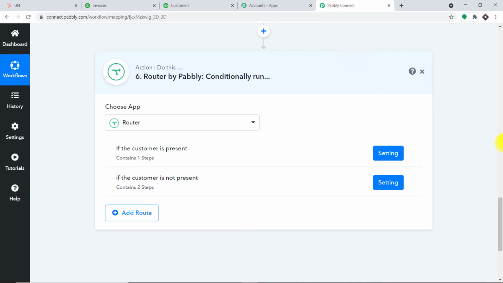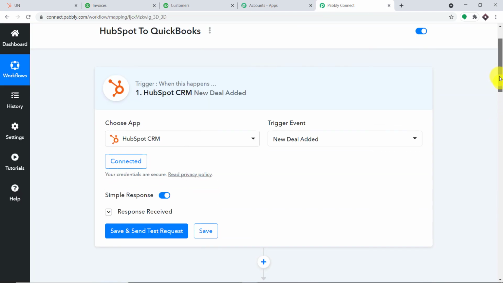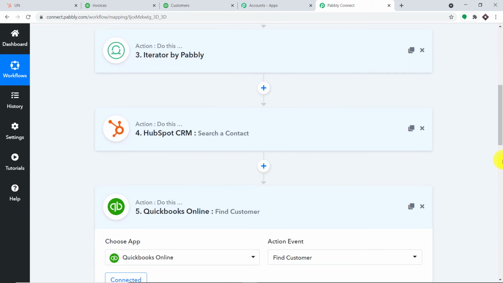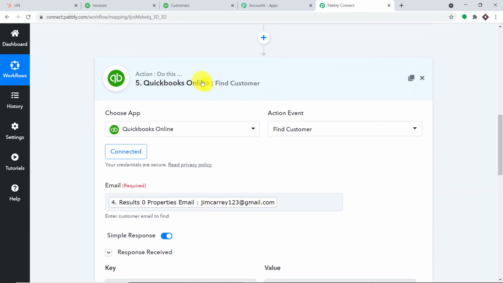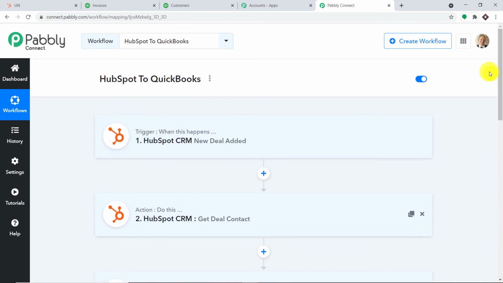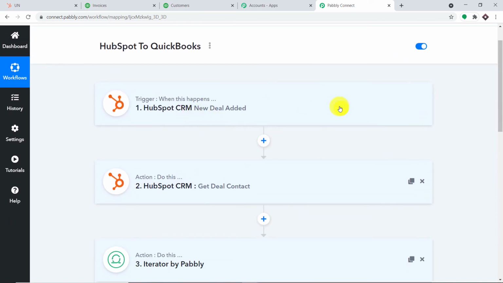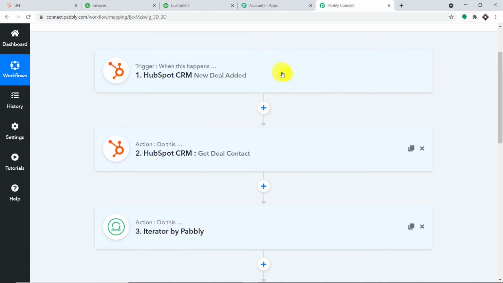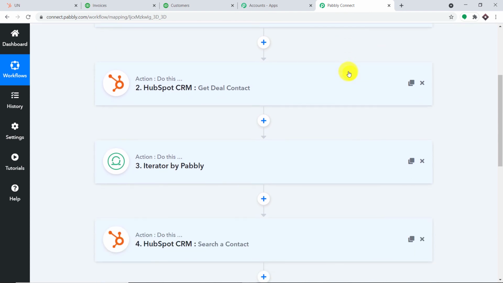Now before you leave, let me explain the whole mechanism in a nutshell. Let me minimize this trigger window and this action window, and of course this action window. So basically this is the whole process in a nutshell. First, you created a deal in HubSpot and you have integrated HubSpot to Pabbly Connect and you have got the details of that deal. But unfortunately, we don't have the contacts of those deals. So that is why we have created one action window, and it had given the IDs of those people with which we have created the deal.